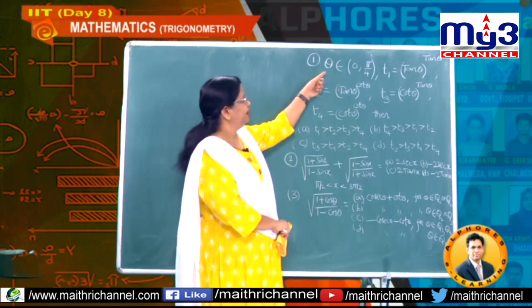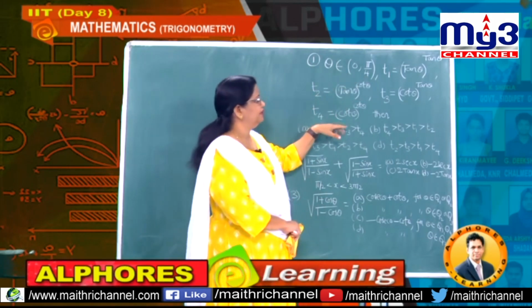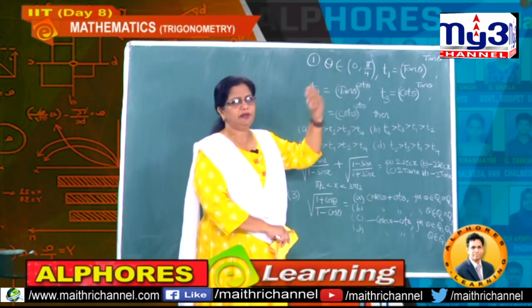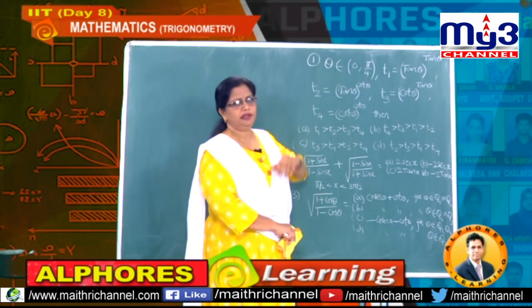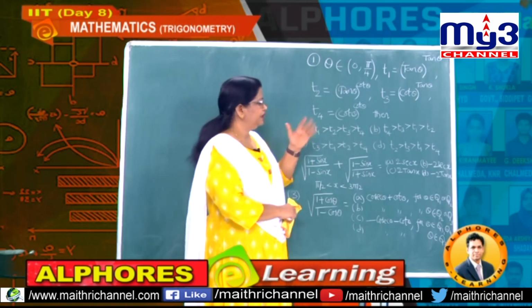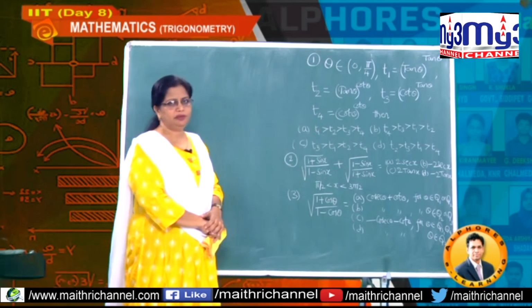And if I put theta equal to 45, you cannot substitute, it is an open interval. Even otherwise, everywhere you will get the same answer, 1 to the power of 1. That's why we can't substitute 45 degrees. So better let us do this problem directly. This is one of our previous IIT problems.